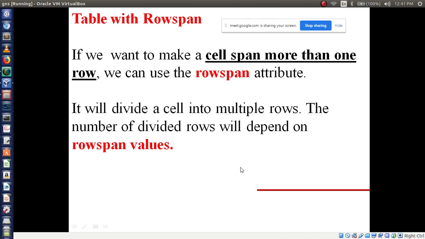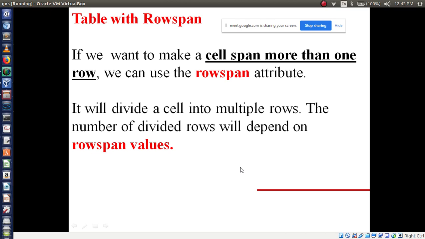722. You haven't used the table tag, then a table name with the help of the caption tag. That is an important thing. The closing table tag is not there in your code, 722. So you must use the table tag and then the closing table tag. It's mandatory. If you write like this, you will get fewer marks, or they may give 0 marks because they will concentrate on syntax.